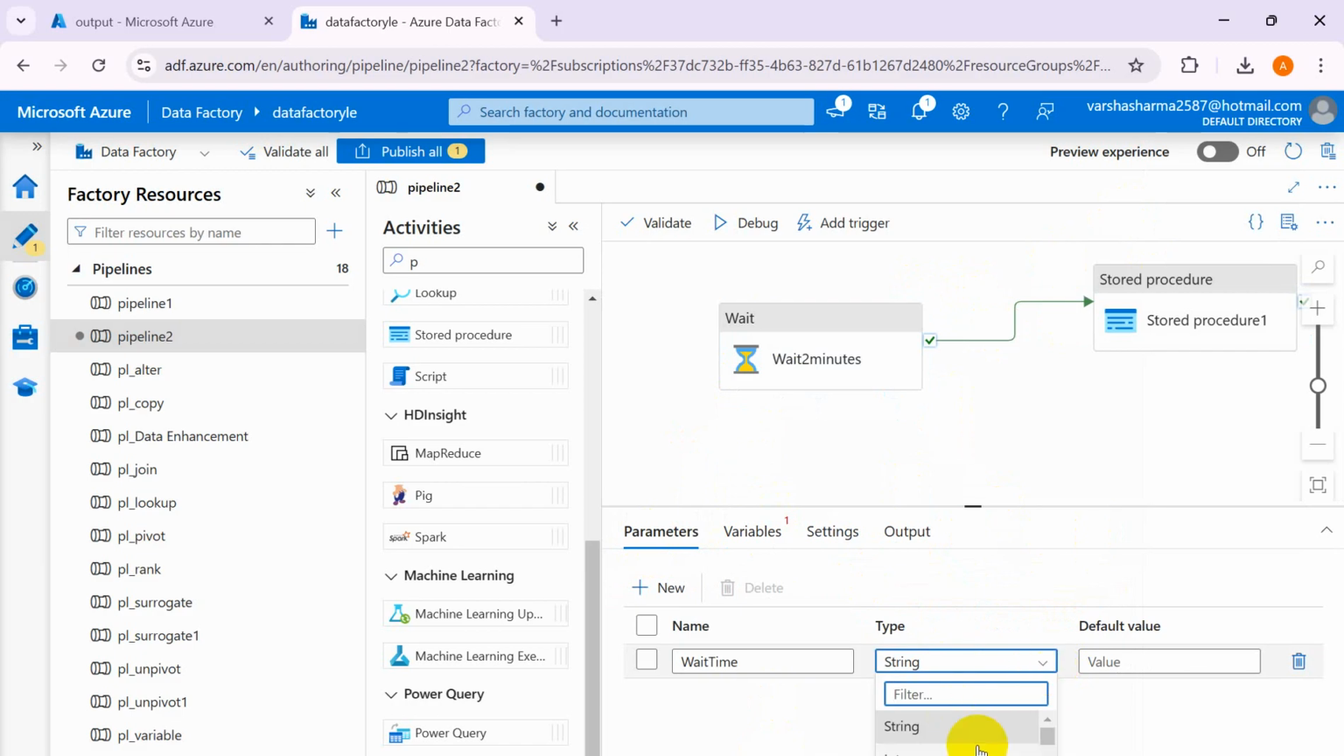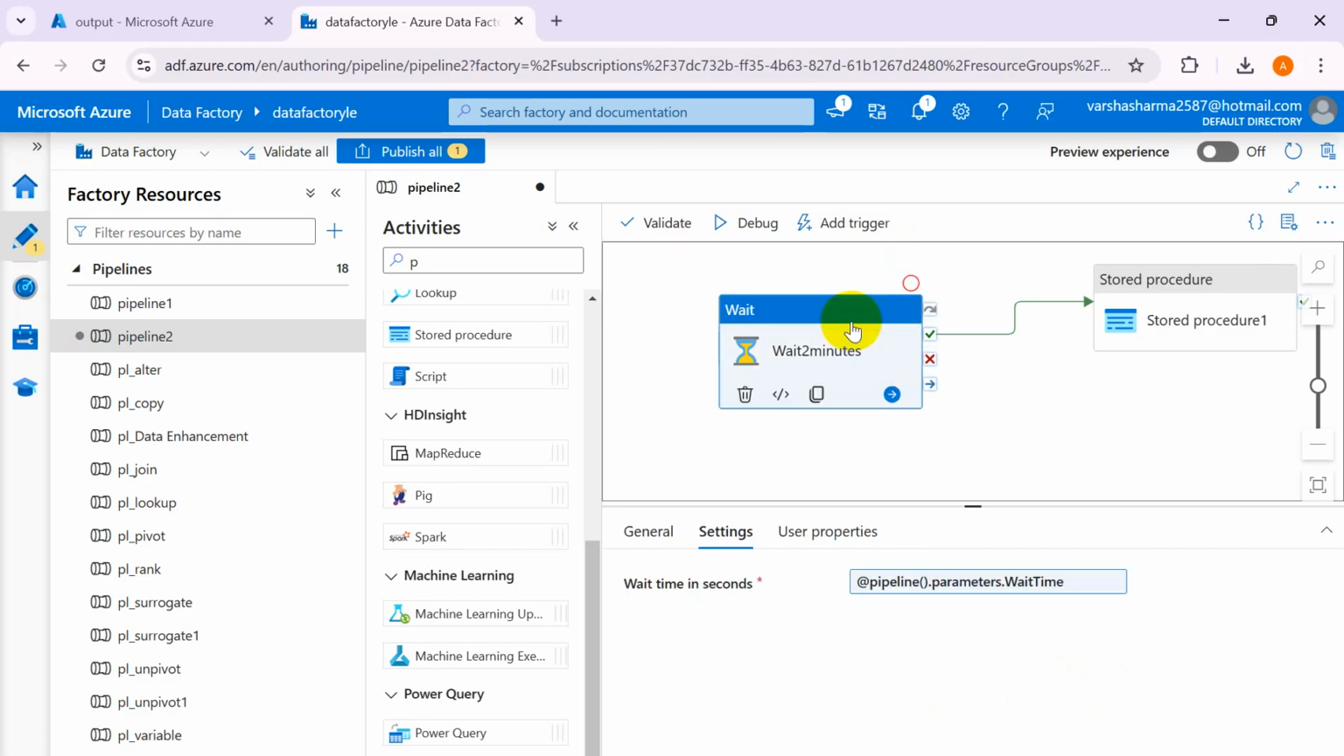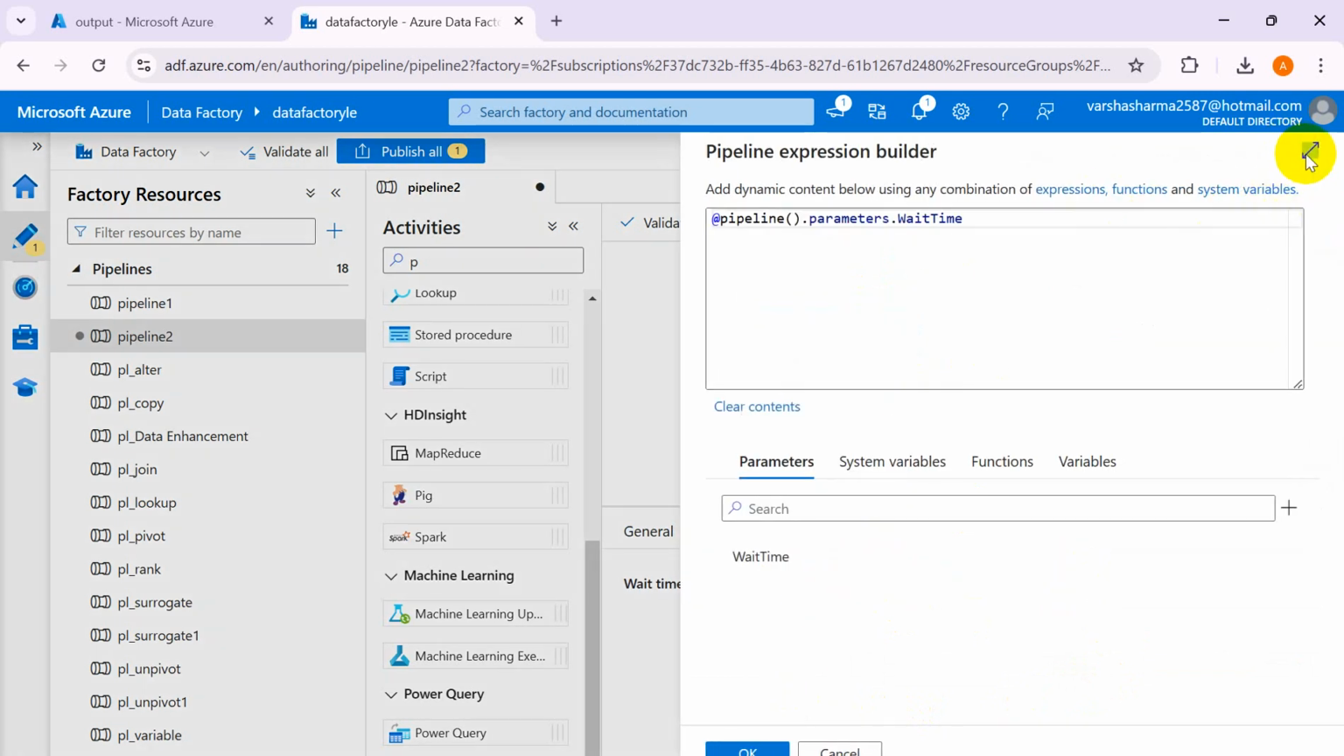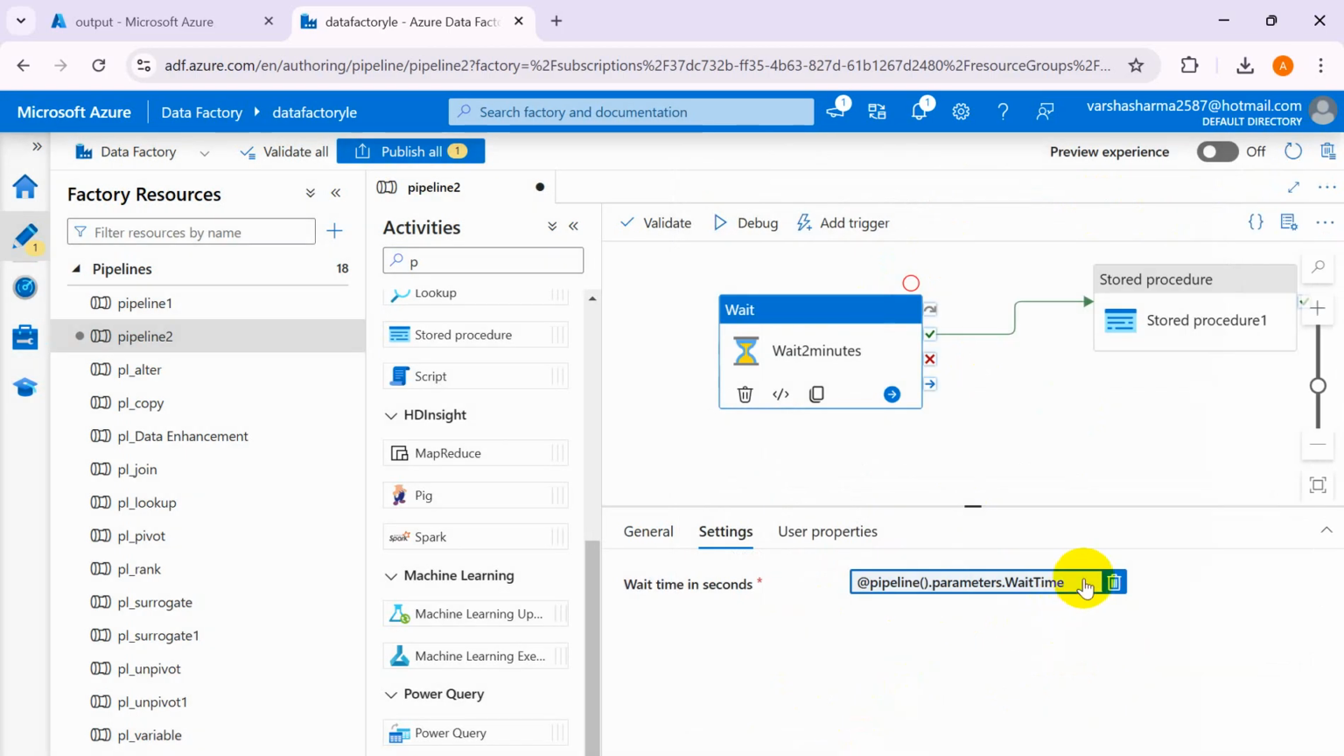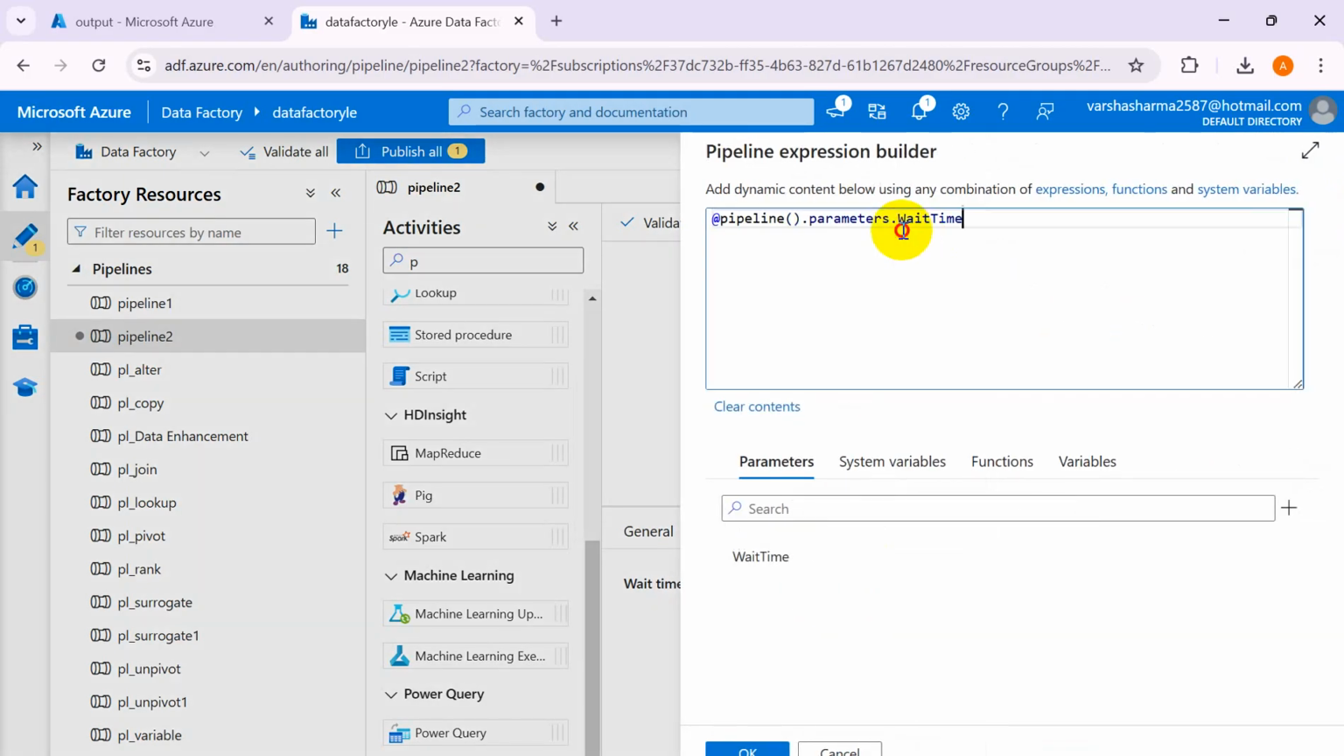What you have to do is keep this as an integer, because time is basically an integer, not a string. You can pass any default value like 120 seconds, or 60 seconds, or even make it blank. It's your wish. There are two options to supply: you can supply it dynamically through a parameter, or you can hard code it as 120 seconds or 60 seconds, whatever we have. For example, if I want to make it 1 second dynamically,